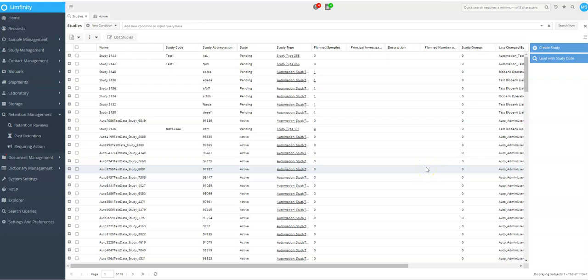Welcome to Limfinity Biobanking LIMS. In this video, we will be talking about how to filter a grid view when you're looking for specific information. Studies grid view. You can see what grid view you're on by looking up here in the top left corner. You can then use this conditional filter bar to filter out the results of the grid view and narrow down